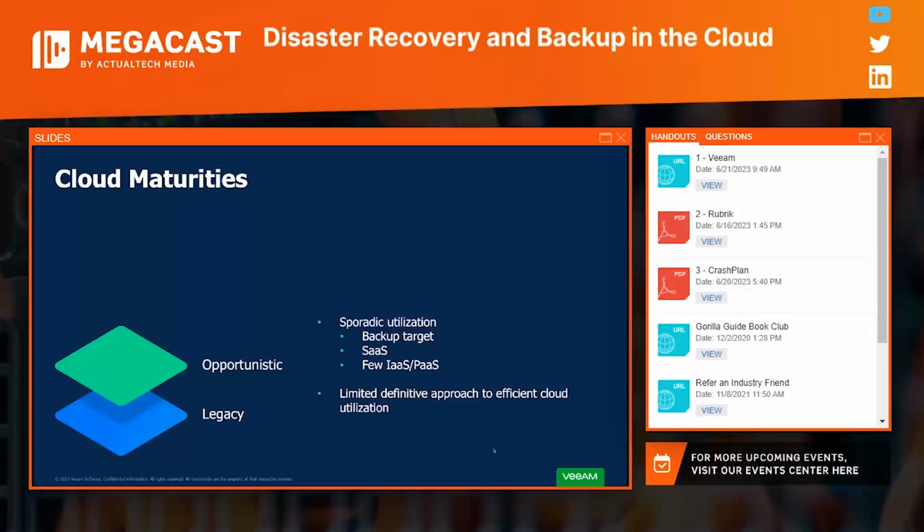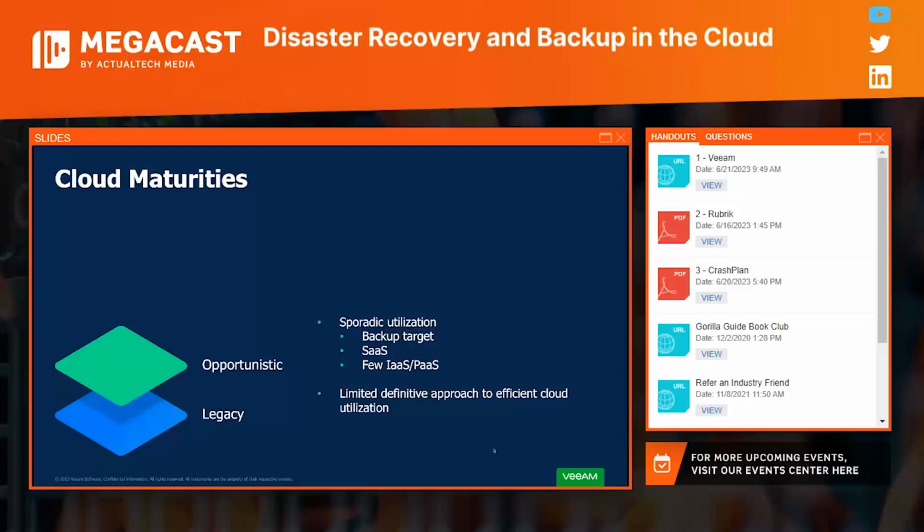We also see a number of folks then starting to use software as a service, right? Microsoft 365 has been growing massively. Of course, that has been fueled by the whole work from home culture over the last 3.5 years, but other software as a service applications like Salesforce are out there as well. And then maybe they do have a few infrastructure as a service or even platform as a service utilizations within their organizations. Probably infrastructure as a service, virtual machines, instances, Amazon EC2, Azure VMs, Google Cloud Compute Engine VMs that are running in a very, very similar method to the way they were on premises.